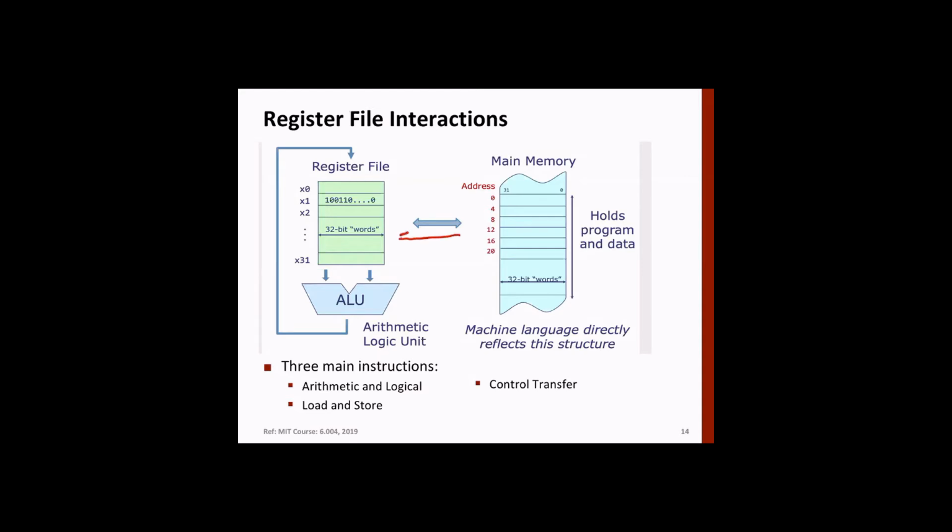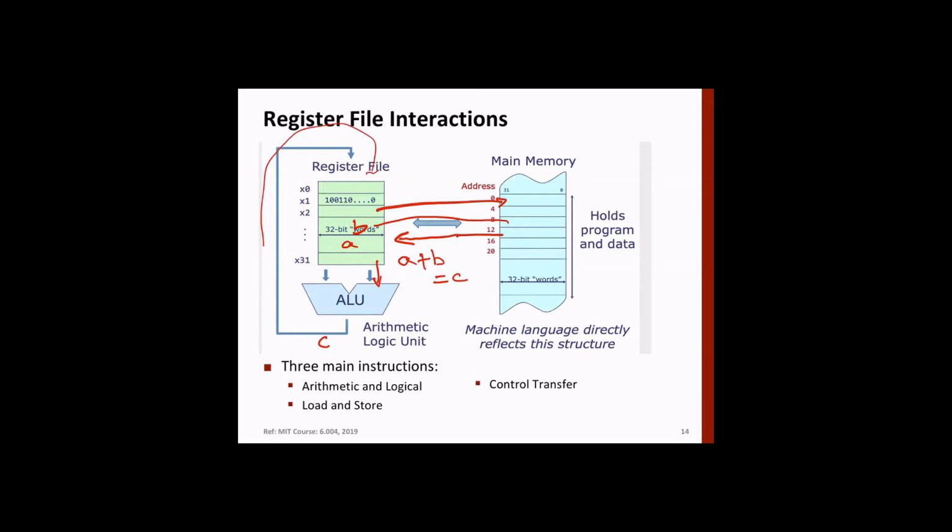And first the data comes to registers, and then the operation happens based on the data. For example, adding A plus B is equal to C. So A and B are first read from memory into registers. Say A will come from some location, B will come here, and then the output of those registers will go to the ALU, and the result C will again go back to the register file. And from there, it will be stored to some location here. All right, you got it?